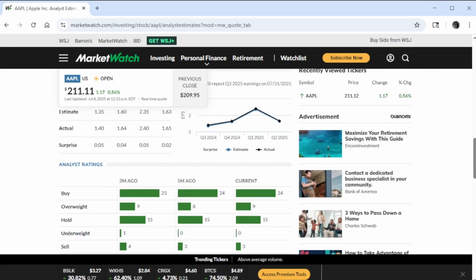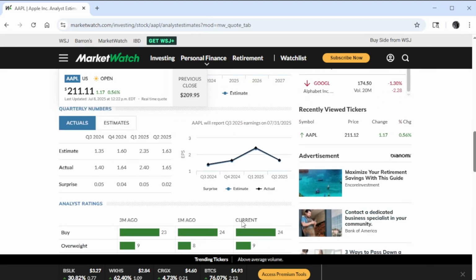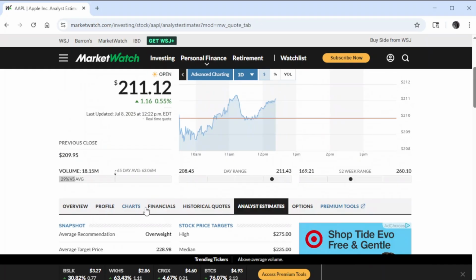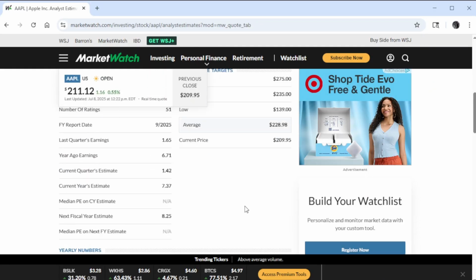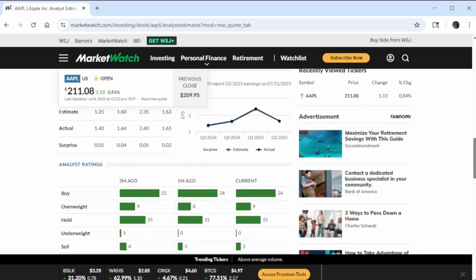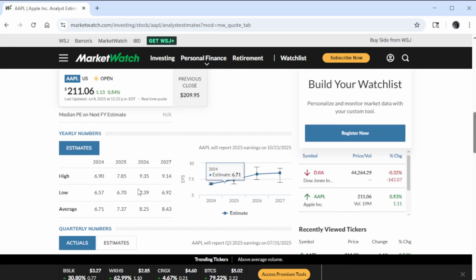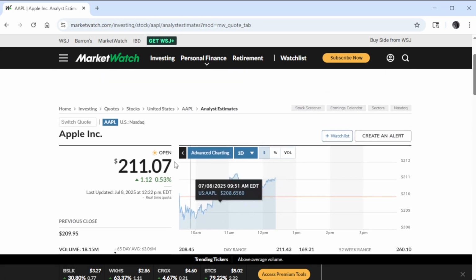That means the company is doing good and it's going beyond its estimates. Okay, and this is just how you judge a company to see if it's